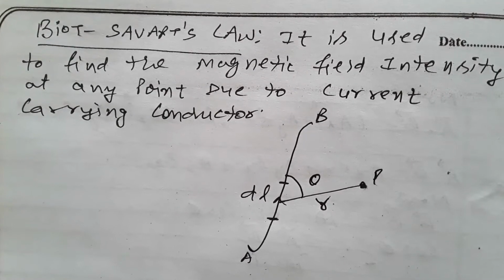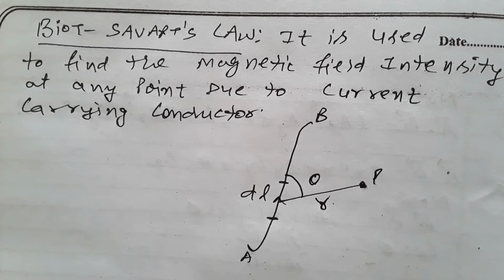Good morning, children. In Unit 3, Magnetic Effects of Current, the next topic is Biot-Savart's law. In the original experiment, we studied that whenever current is passing through a conductor, a magnetic field is produced around the conductor. And Biot-Savart's law is used to find the magnetic field intensity at any point